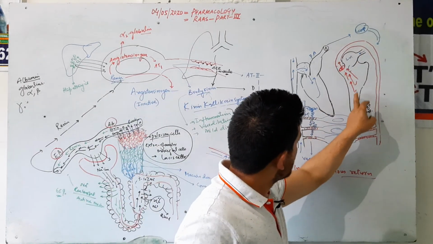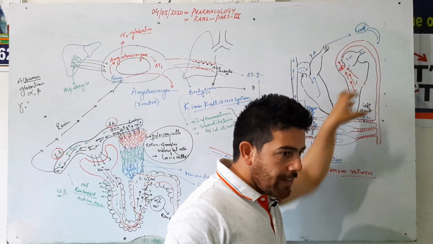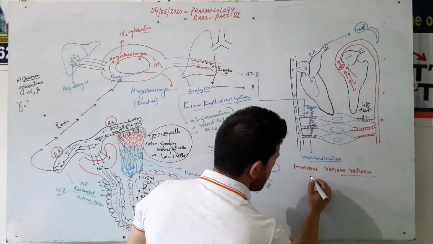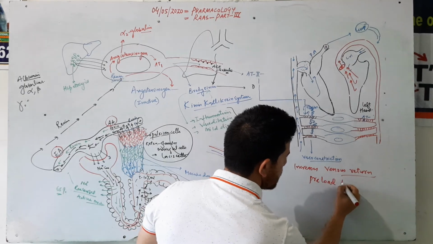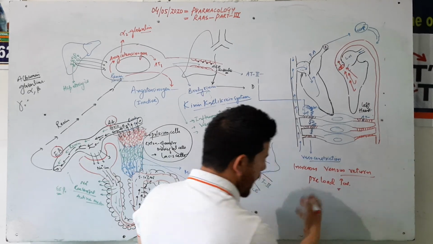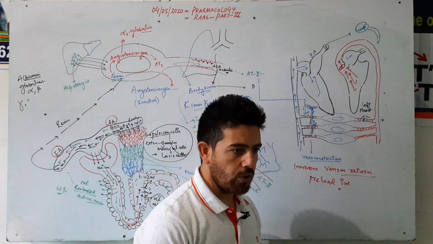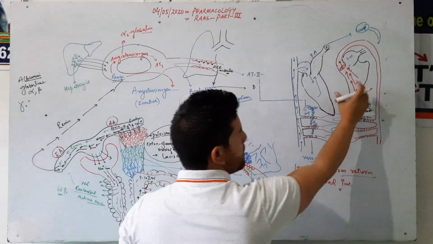Now more and more blood will enter in this system. I will say that preload is increased. Preload, as you know, is end diastolic volume. Upon this left ventricle